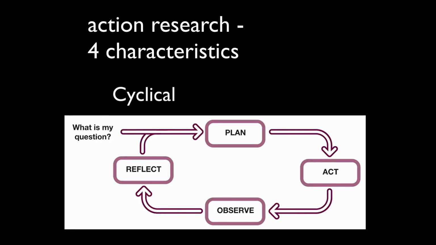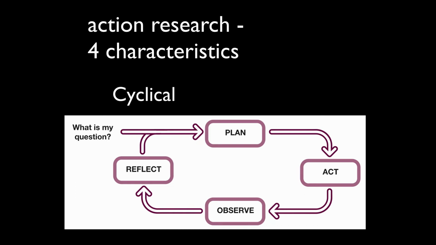First one is cyclical, so there's a sense that it goes round and round and round. So it starts with a plan. It starts with your question, what it is that you're interested in exploring. And that language can be a little bit loose. So at the beginning of the course here, you're asked to write a project proposal, something which defines and raises some questions of what you want to explore and how you want to go about that over the next 2 years. So you have some kind of plan.